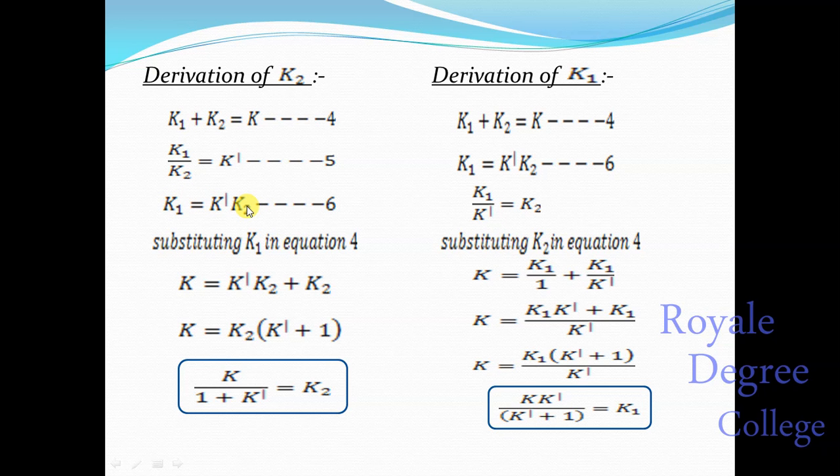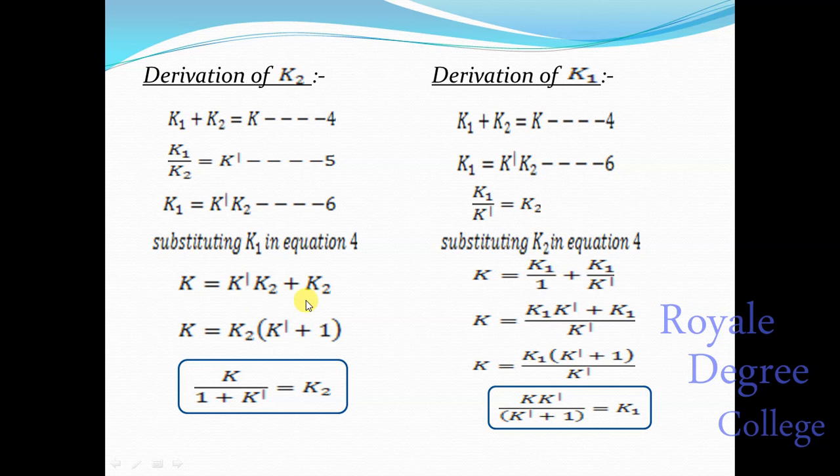Look at equation 5. From that we are getting equation 6. How? This k2 we are bringing to the other side. So k dash k2 is equal to k1. This is our equation number 6. Substituting k1 in equation 4, in place of k1 we are substituting its value. What is the value of k1? Just now we got in equation 6, k dash k2, that we are writing plus k2